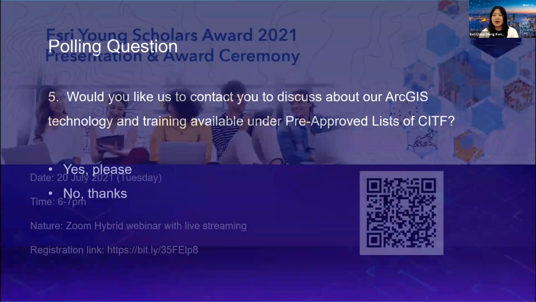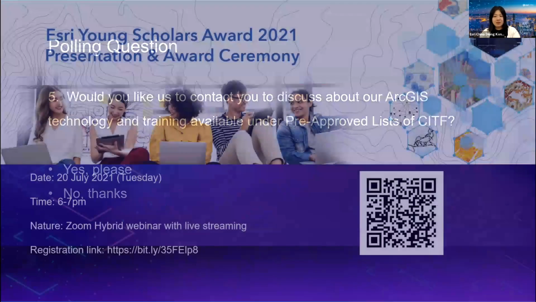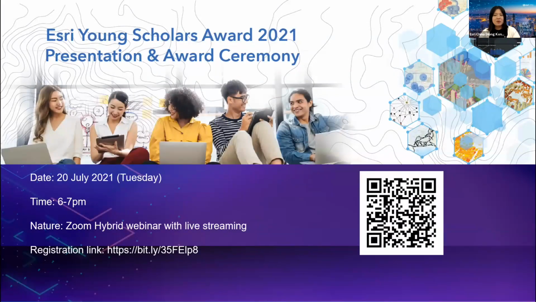And our next event will be our Young Scholar Award presentation ceremony. It will be held on the 20th of July in hybrid mode. The top 3 winners, including today's speaker, Daniel, are going to share the winning story maps. The story map topics are related to smart city. They are: Save People from the Concrete Barriers, Exploring the Transit-Oriented Development Level of Hong Kong, and Plan Smart, Build Smart.